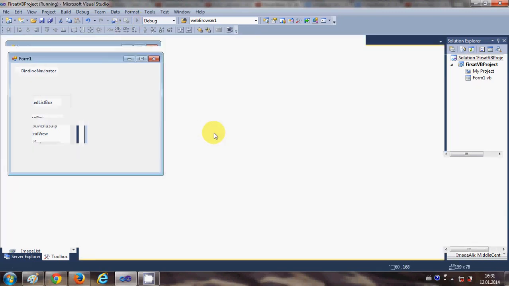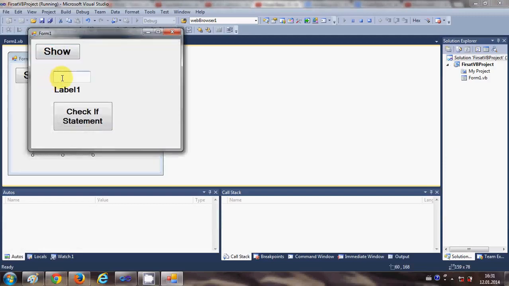When I run the program and when I enter 1, I'm giving the condition in the text box, and when I click this check if statement, I see message 1. When I enter the condition 2, I see message 2, and when I enter the condition 3, I see message 3. So in this way you can use if conditions with your Visual Basic